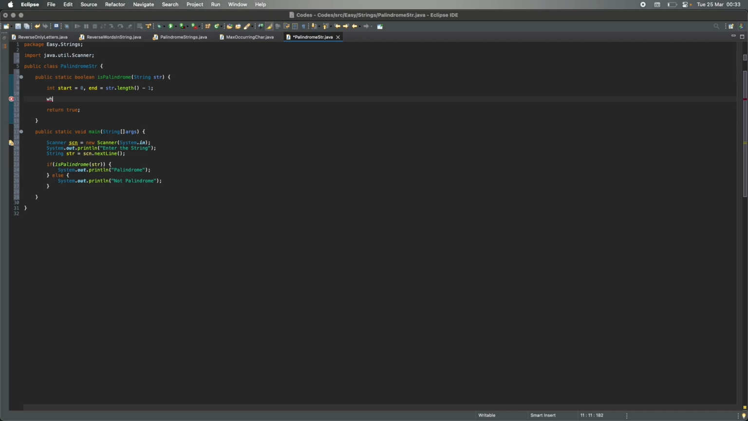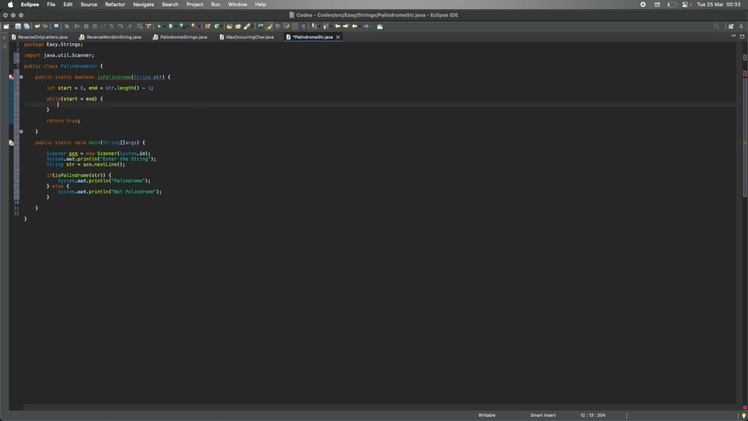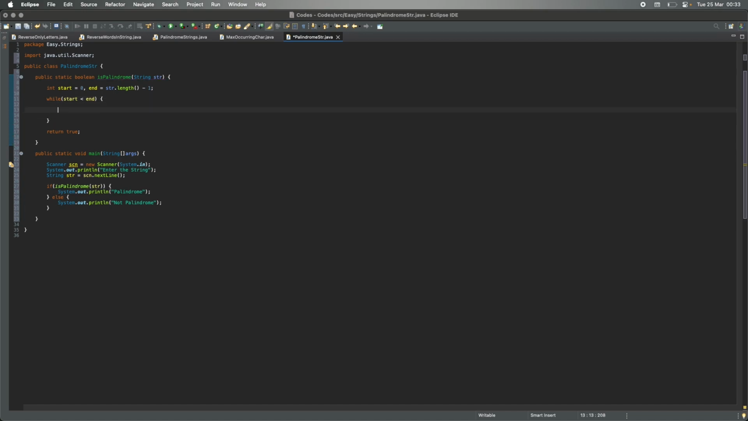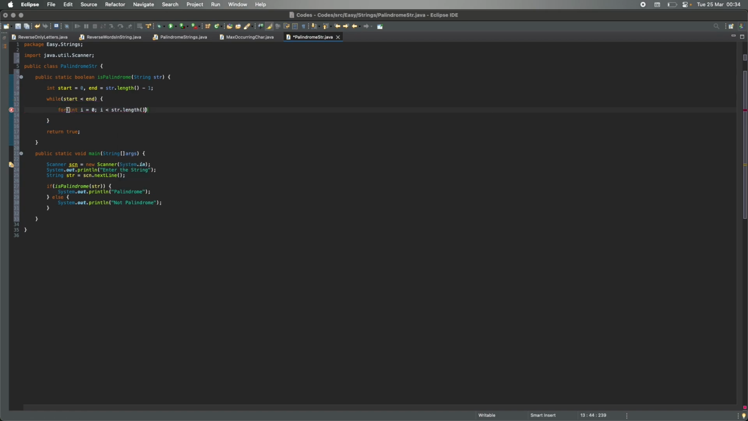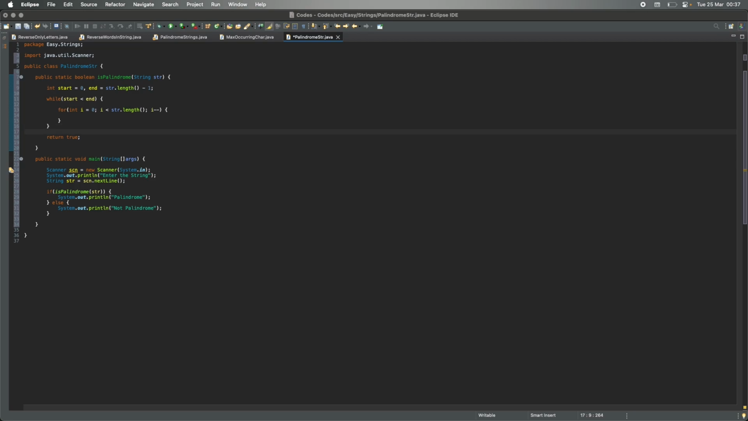Now like I mentioned, the breaking condition that we'll have is while the start is less than the end. Okay, so in this we'll have our loop which we'll iterate. So i is less than str.length, i minus. Okay, so we'll have a base condition here, which is